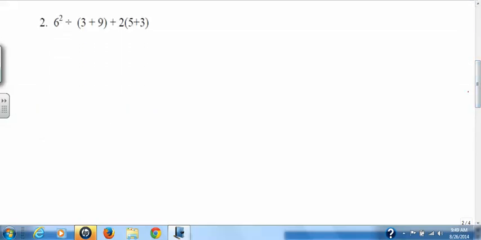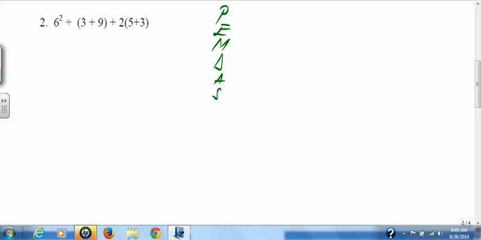Okay, problem number 2. 6 squared divided by, open parenthesis, 3 plus 9, close the parenthesis, plus 2 times, open parenthesis, 5 plus 3, close the parenthesis. What can we do in here? Well, remember the first problem? We said what? I want to see in front of me the order of operations pattern, right? And thus,